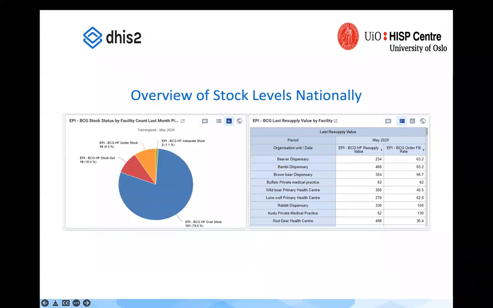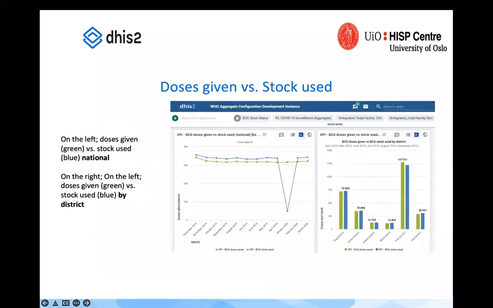And then finally, being able to bring this data together, both stock data, cold chain data, and then analyze that to be able to inform corrective action at the district or facility level, and then for analysis at a central level. If you go on to the next slide, we also have an example of then comparing, for example, doses administered versus the amount of stock that has been issued, and see if there's a large discrepancy, if there's some need for either